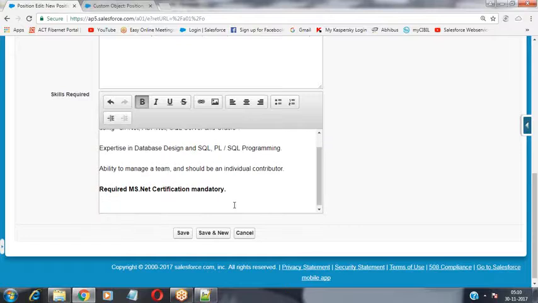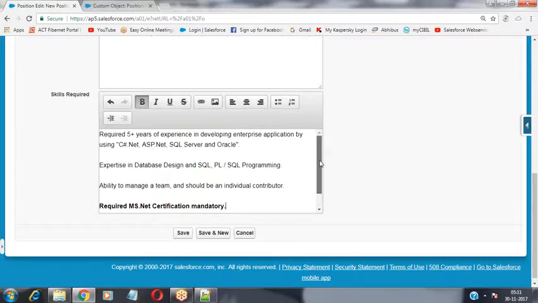And then prior experience on working with agile methodology development. So these are the various skills that we are expecting from the candidate over here.